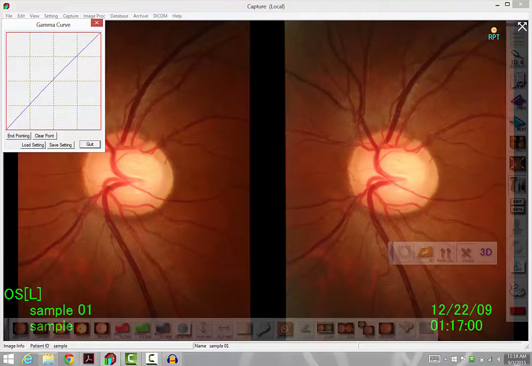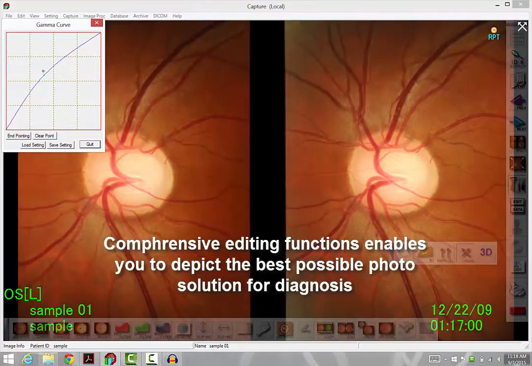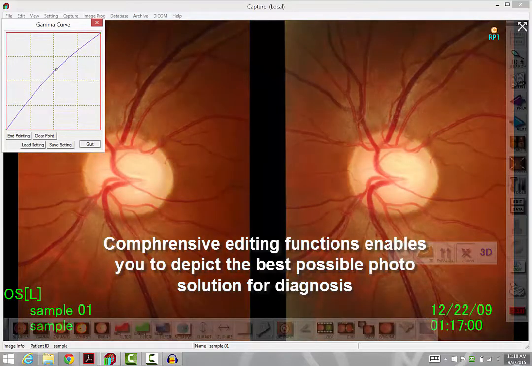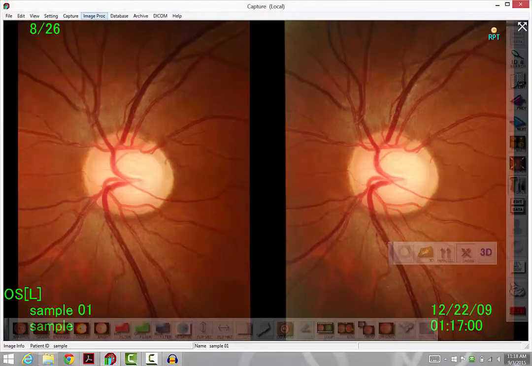Some physicians like different settings. The camera's going to capture at the factory settings, but you can always go in after image capture and brighten it, or decrease the gamma and darken it. So the editing is really in your hands. Whatever you like to see in the retina, whatever you're looking for, our software will help you depict the best possible